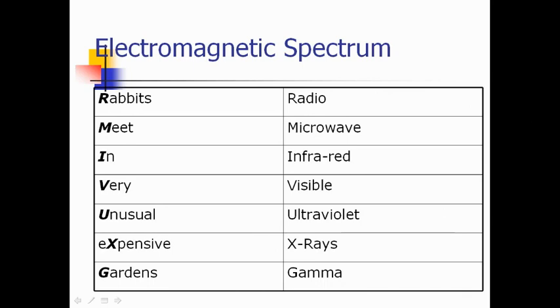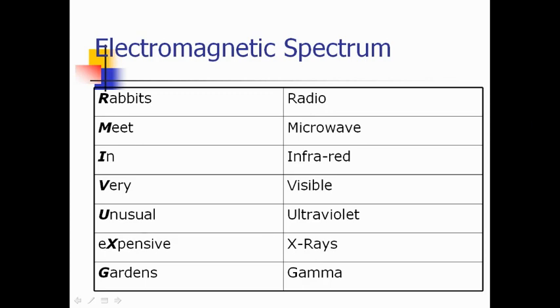And if you were to ever be asked what order they come in from least to greatest, a great way to remember that is that rabbits meet in very unusual, expensive gardens. Okay, it's kind of cheesy and silly, but it works, right? Because we all know that radio waves have the smallest wavelength and the least amount of energy compared to gamma, and we can put them in order by saying that little phrase: radio, microwave, infrared, visible, ultraviolet, X-rays, and